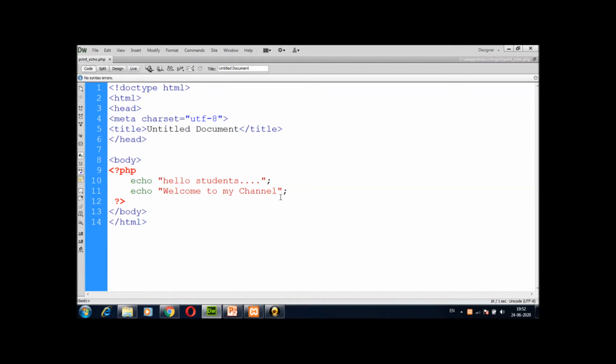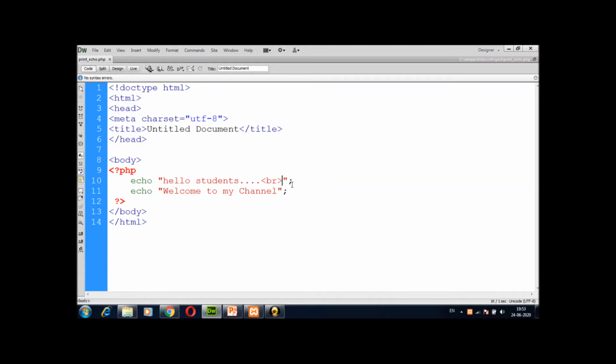So for making a space or tab or making a break, a new line, we use a different thing in PHP. For example, I want to break after hello students and print welcome to my channel on a new line. So inside the double quotes, I use the break tag. And we all know that PHP easily communicates with HTML tags.